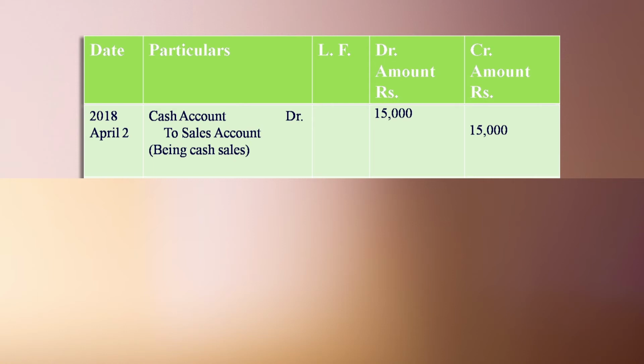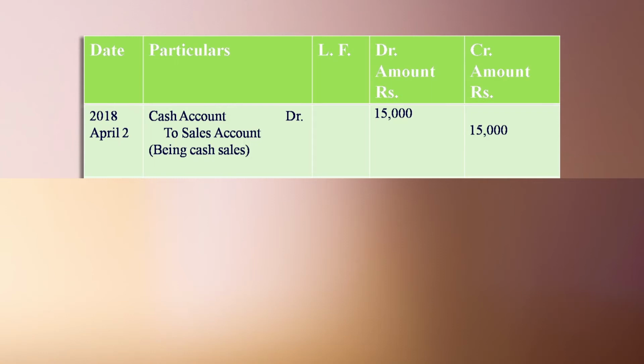So therefore, when cash account has been debited, we will write in the debit side of the cash account, and when sales account has been credited, we will write in the credit side of sales account. So here you see cash account and sales account. Cash account was debited by 15,000, so we transferred this transaction in the debit side of cash account. You can see here on the top of the left hand side, to sales 15,000 rupees.